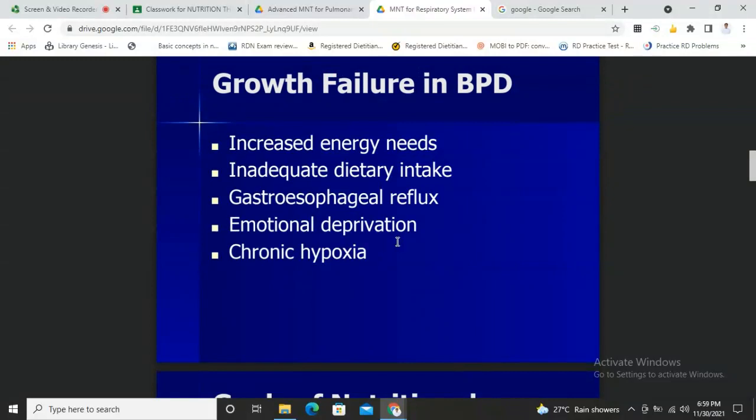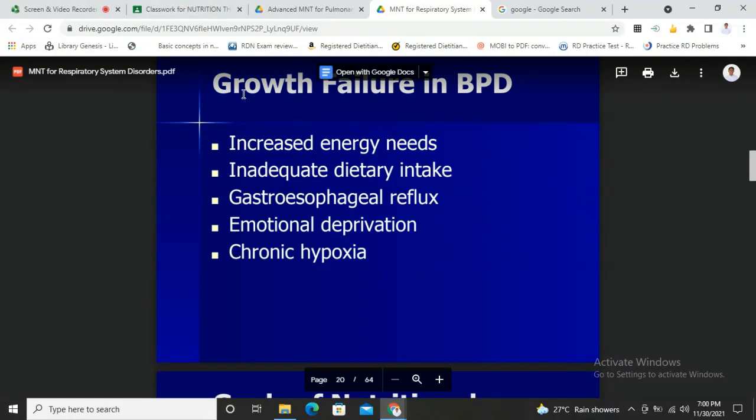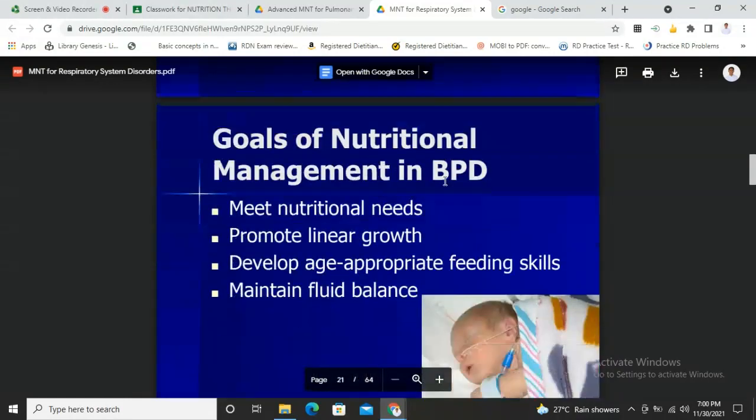Kung kulang og oxygen, guys, sa mga cells, di na mo tubo ang bata, no? Okay? Kay, you know that very important ang ATP generation sa growth. Diba? Unsaon pag-produce og ATP if kulang ang oxygen. And you know that oxygen is needed for the macronutrients to be able to oxidize and ang ilang energy, no, ma-harvest, okay, para mahimong ATP. But if kulang ang oxygen, yeah, that would really lead to inadequate growth.